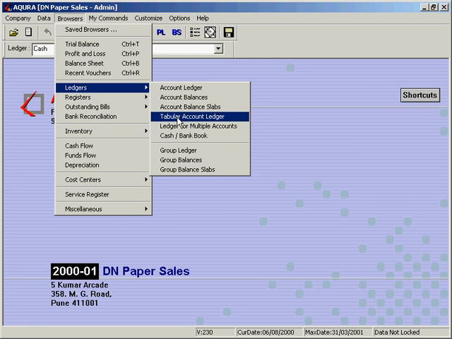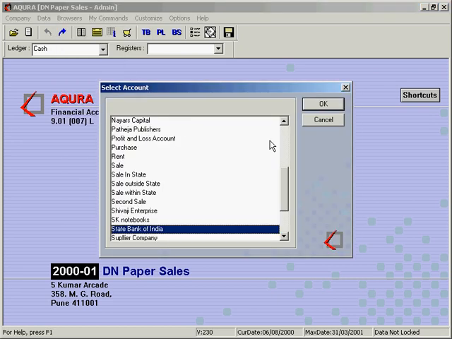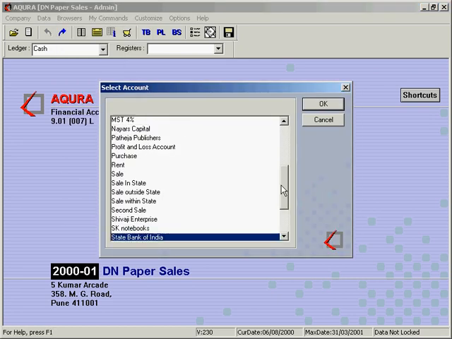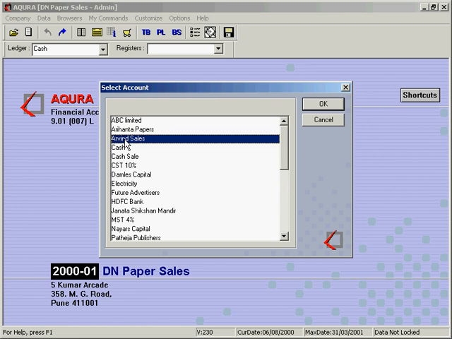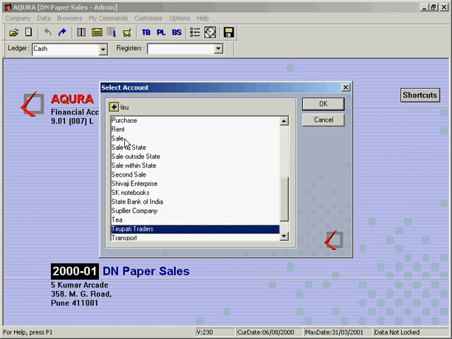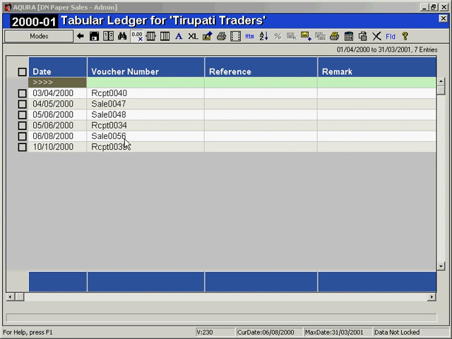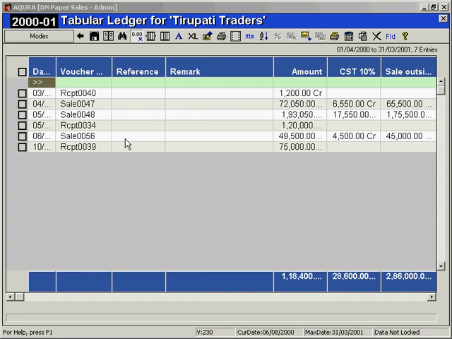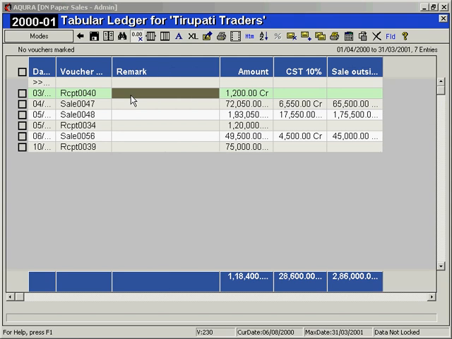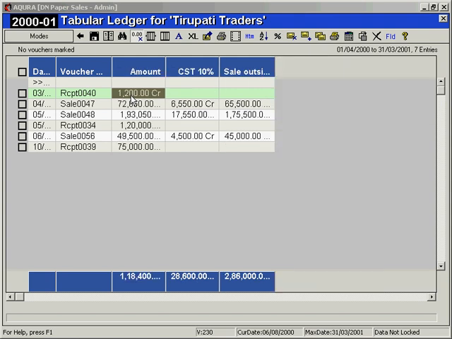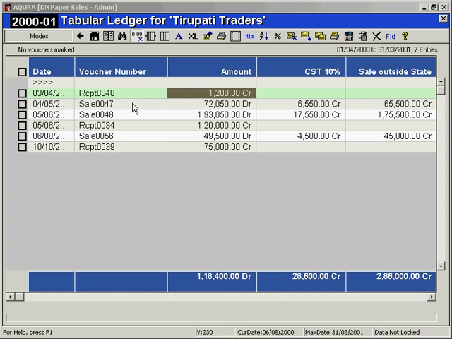Next, let us see the tabular account ledger. If you select, say, Tirupati Traders again, I'll hide this column, reference, Alt H, hide remark, Alt H, fit to window, Alt W. Now see, there are extra columns, like this is a receipt